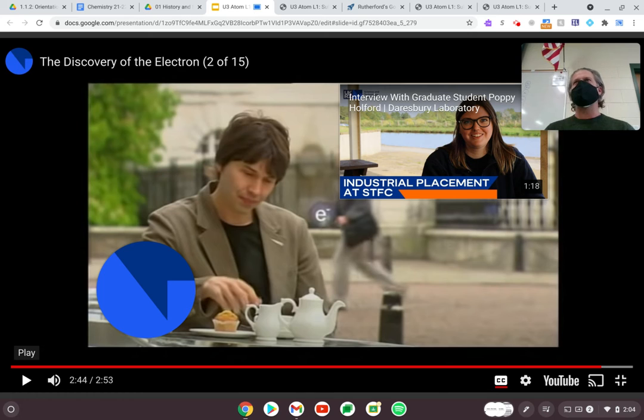Long story short, Thompson came up with this idea of what an atom would look like, and he thought that the atom was essentially this sphere of positive goo, the muffin, with negative particles just kind of sprinkled inside of it, the chocolate chips. Okay, so in our world,